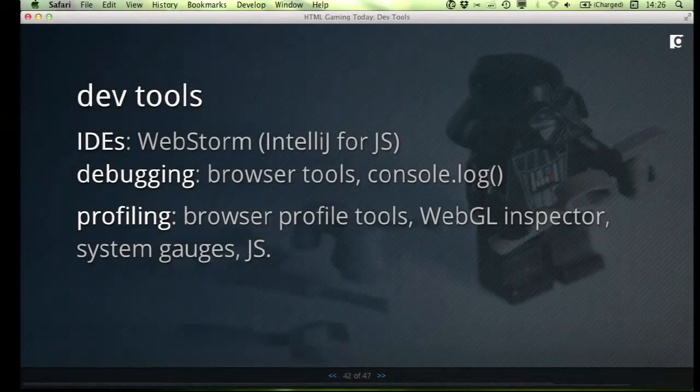Profiling, we have really good profiling tools in the browsers for JavaScript. What we don't really have is a way of profiling the graphical side of things. On WebGL, there's an open source project called WebGL Inspector, which actually does a really good job, down to the point where you can select a single pixel in your WebGL surface and say, tell me what drew this pixel. And it'll back up through all of the draws that contributed to just that one pixel. So fairly granular information. Canvas 2D, unfortunately, doesn't really have this yet.